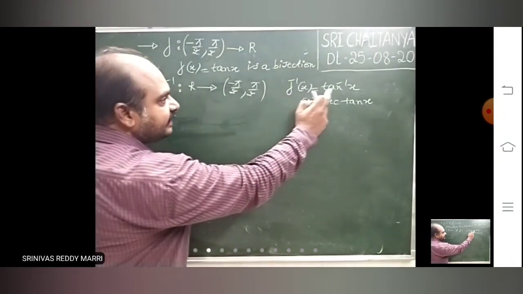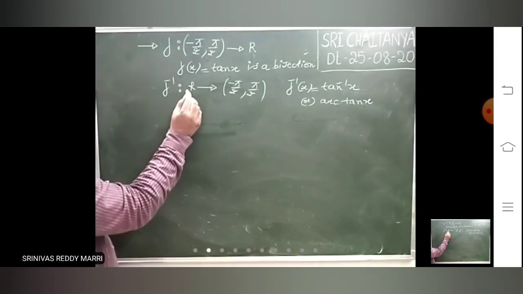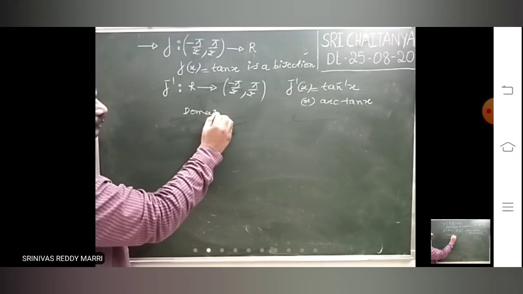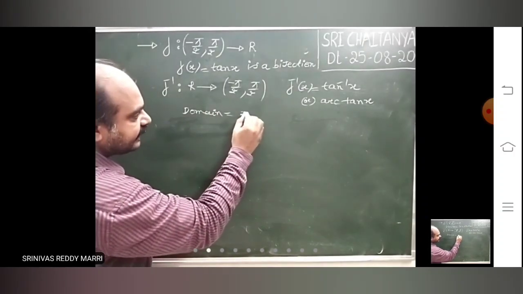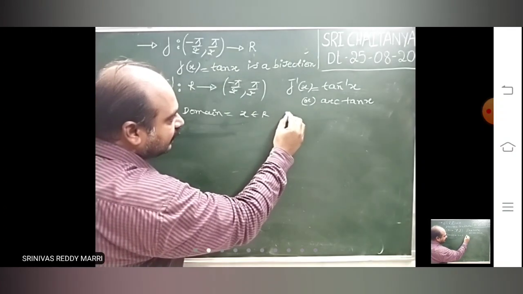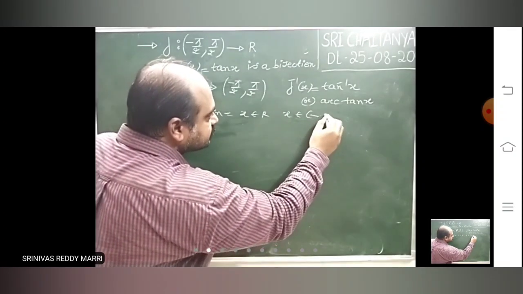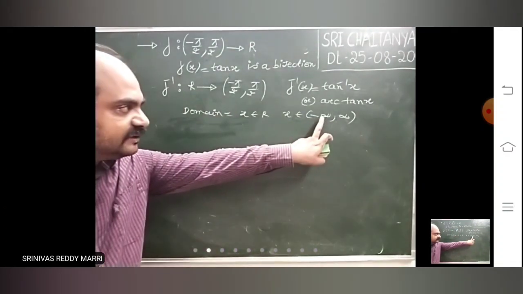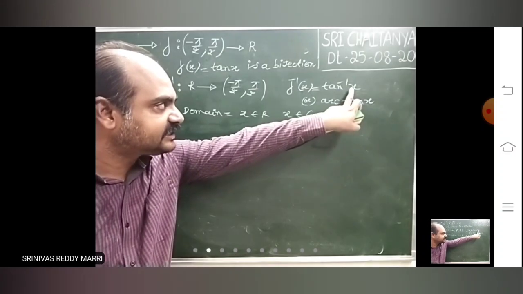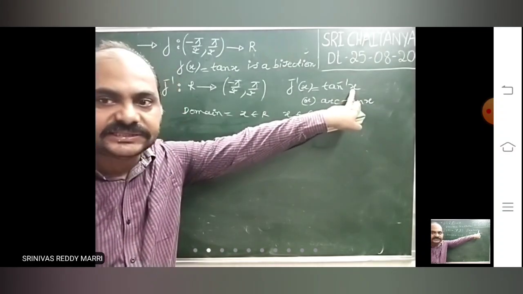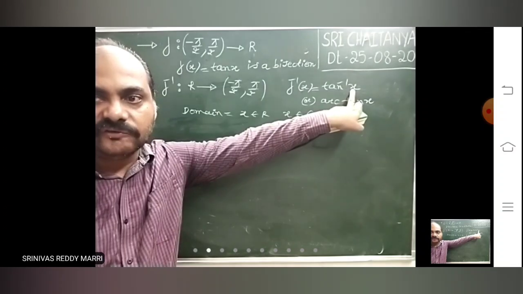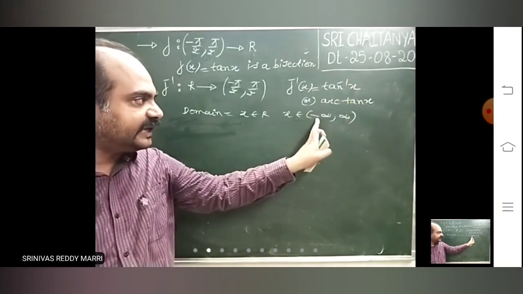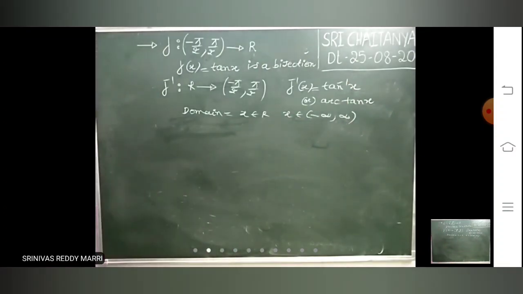So if you look at tan inverse x, what is the domain? All real numbers. It will be defined for any value. Domain: x belongs to R, that means x belongs to minus infinity comma infinity. That means inside tan inverse, whatever it is, it can be any real value. For any real value, it will be defined.